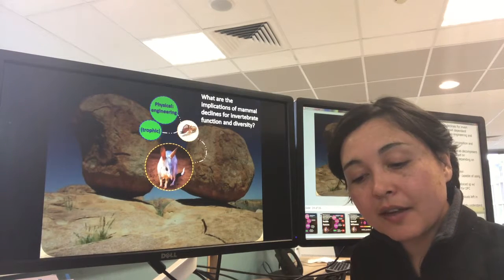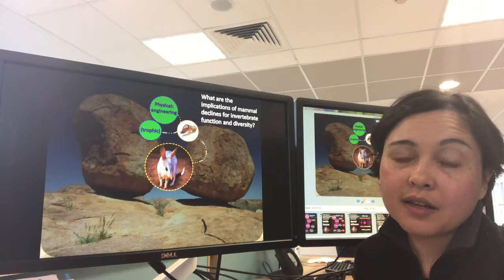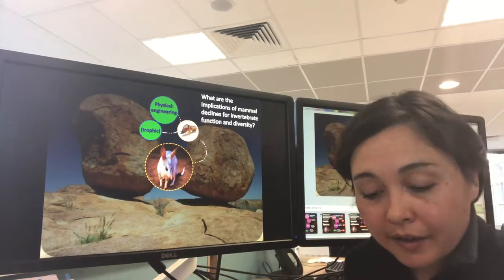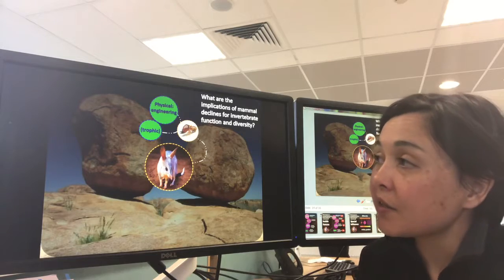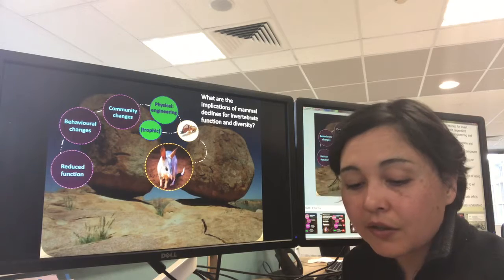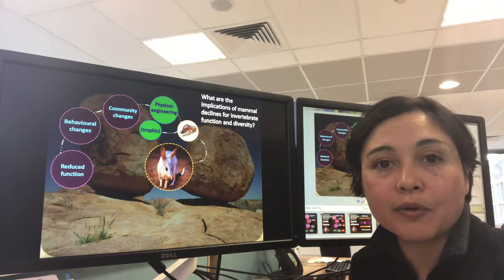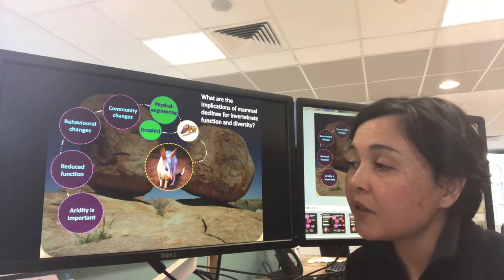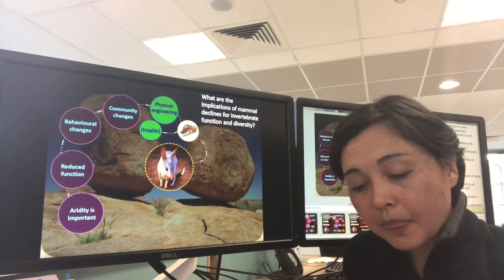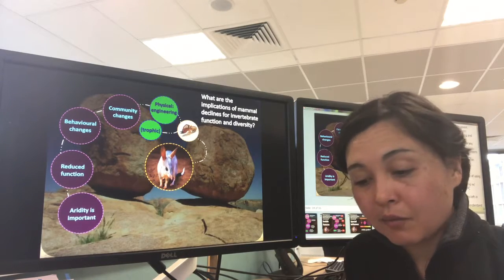For the termites, they were responding to both physical engineering and trophic inputs, even though we didn't study that. It was quite likely that they were also getting eaten by the mammals. So these interactions led to changes in termite communities and their behavior, and it also had an association with a reduced function of the termites as decomposing species. Overall, aridity was very important, and it had a moderating effect on interactions, which changed the outcome of those interactions depending on where the animals were.